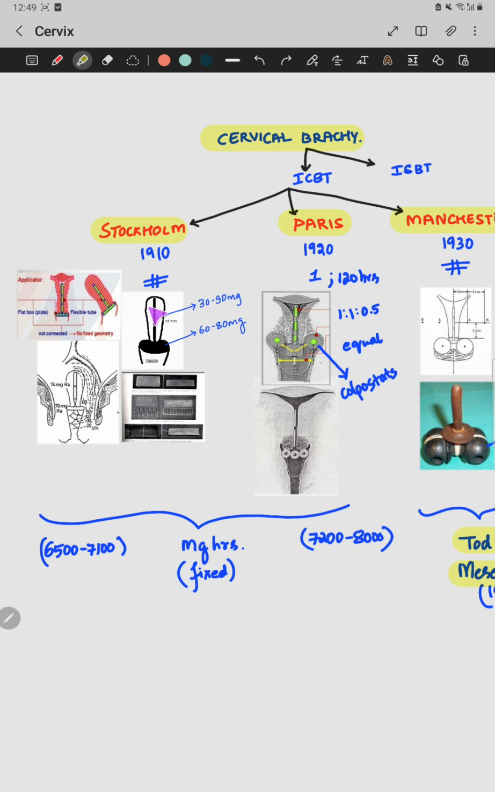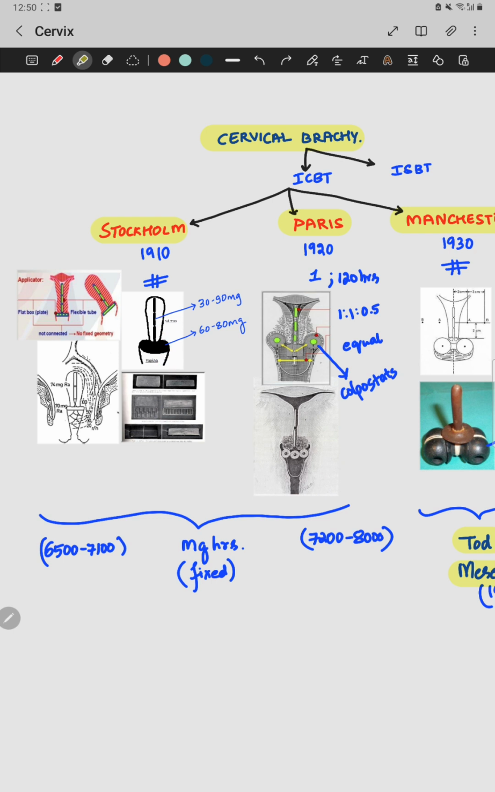So Stockholm system, this originated before. Originally we used radium as the source, and they used to preload it at that time. Then the afterloading system came, right? So the preloading system was where the radium was supposed to be used at that time. For fractionated therapy, they used intrauterine sources of radium, and intravaginal sources they used to keep. So there used to be no connection